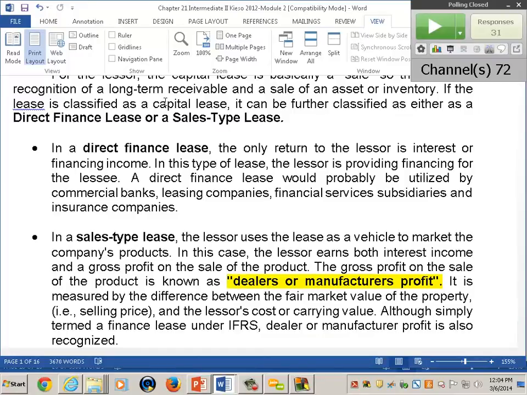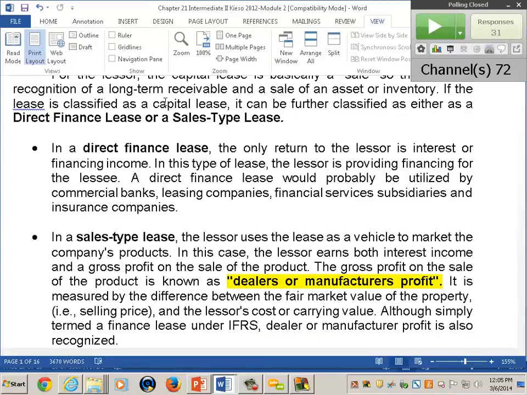So the asset will be removed or derecognized from the financial statements, and the entire asset regardless of the lease term. Now, if it's an operating lease, then of course you would simply have rental revenues or rental income, and if the asset stays on your books, especially for the direct finance lease, you're going to have depreciation. I mean, if it's on your books as a plant asset, you would depreciate it.